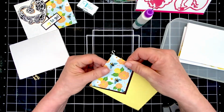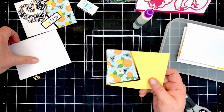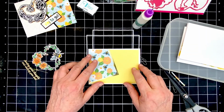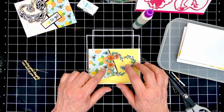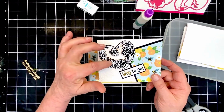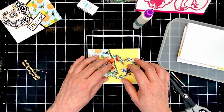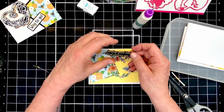Okay. See, it can go like this too, if I want. Maybe I want it to go like this, but maybe I'll put it over here. So this is one that I colored. I did two with just white heat embossing on black cardstock, and then I did two that I colored. So if I went like this, and then I did this in gold,